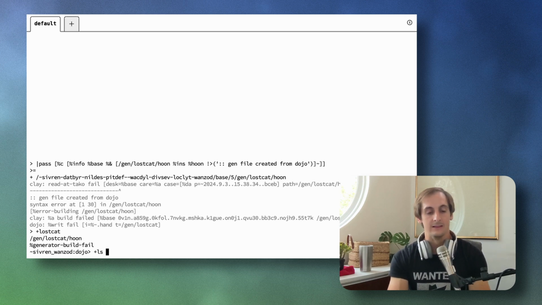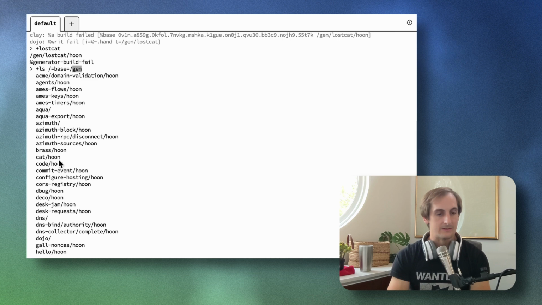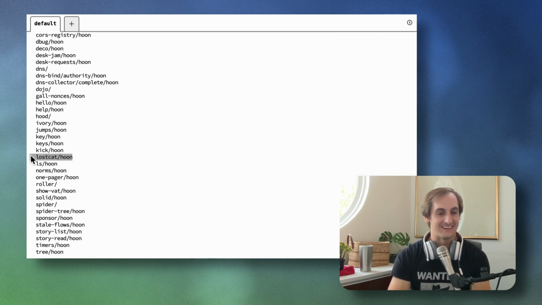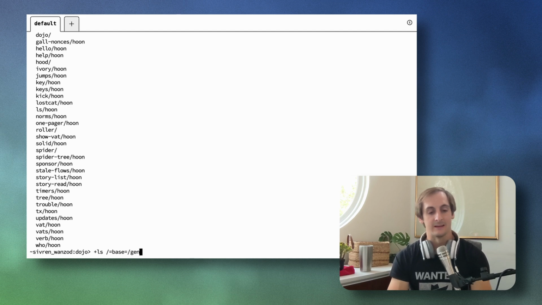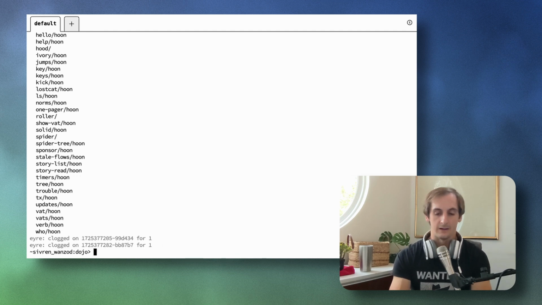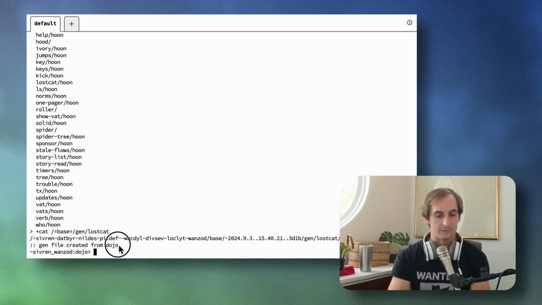We can also list in the base desk. We can look in the gen files, and here we can see there's already a cat. It's not related to the same thing. I've got my Lost Cat here that I can call. This also tells me other things that I can call. That's actually what I did to look up this thing, I went through the ls list generator. I can also, in the exact same way, because there's cat here, do plus cat. I can do base gen Lost Cat, and there it goes. It also prints out what is inside of that file.